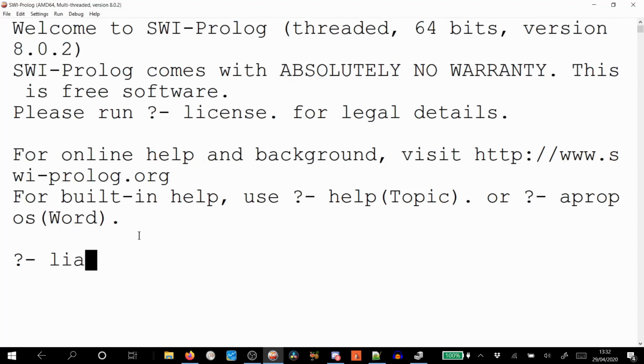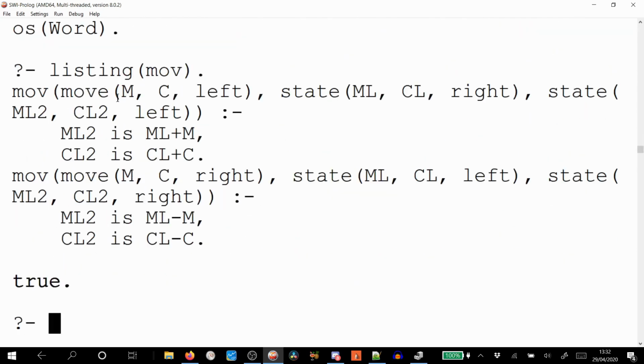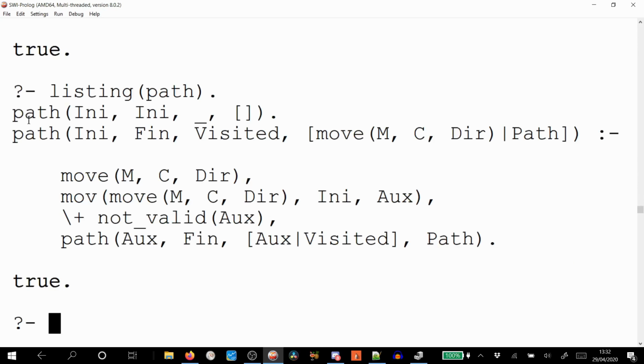Okay, there are no errors. Let's go to this thing. Move. This is the two movements, to the left and to the right, and the listing of the path of the base case, when the initial case and final case are the same. It doesn't matter here about the visited, because we cannot repeat anything, because there are no more states here. And this is the